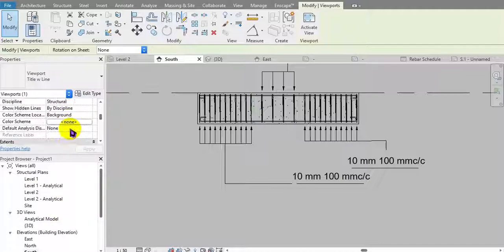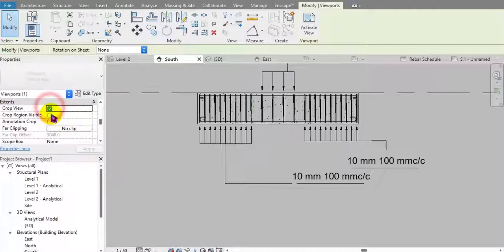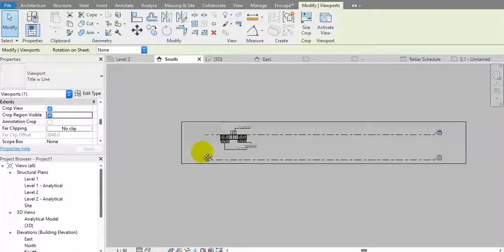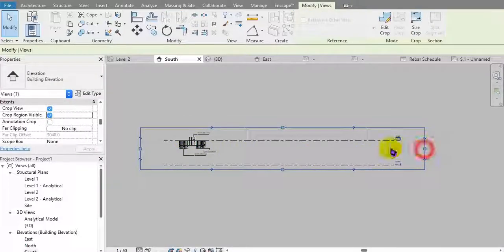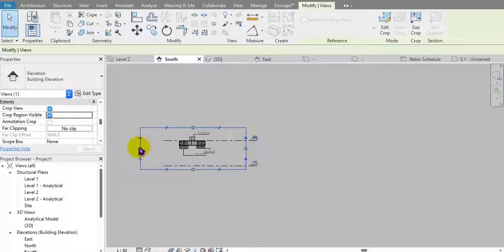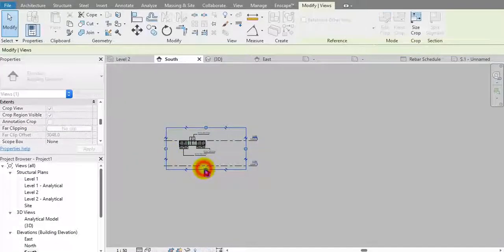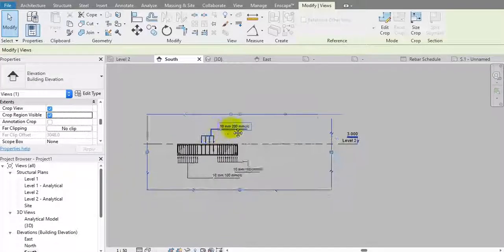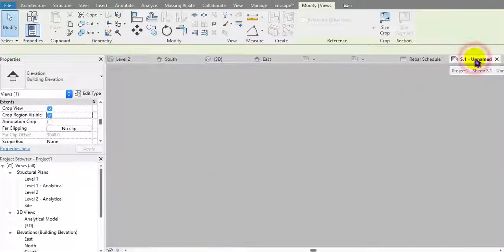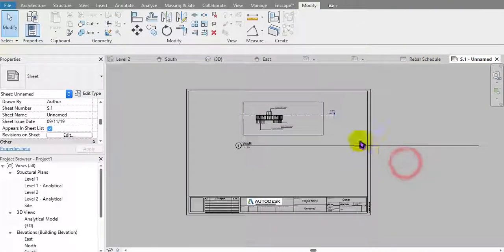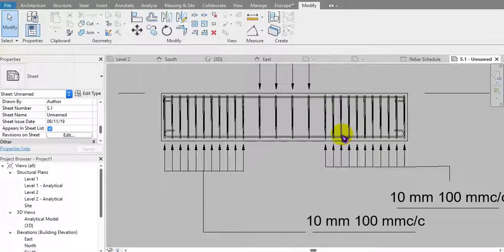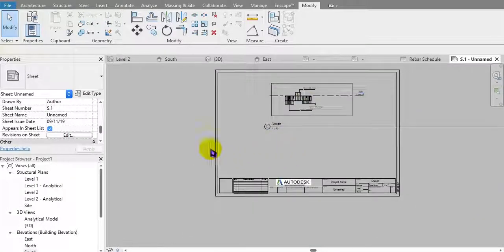We can make the crop view and crop region visible, and drag it up. Right, so if we want to get into the rebar view, you can fill up the steps just like that. You can take any printout of it, and also if you feel that the asset is too small,